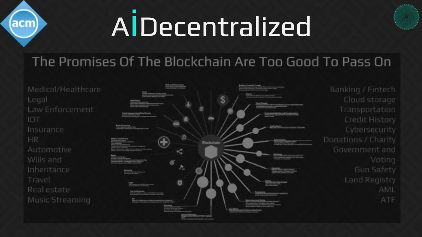We've seen some in medical healthcare, of how you can own your entire healthcare record and port it across nations and whatnot. It's around the user basically, and how it can be used for law enforcement, wills and inheritance, insurance, real estate, land registry, a huge land registry that we're noticing as well,